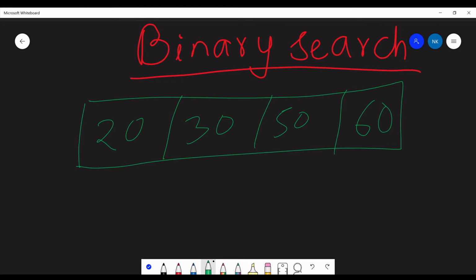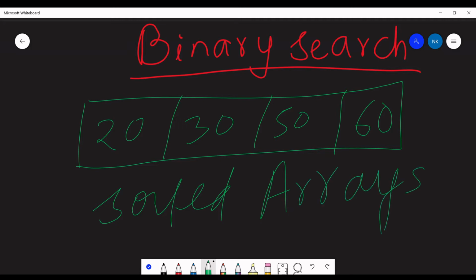If not, it will fail. So keep a note of this point: only a sorted array is allowed in binary search.